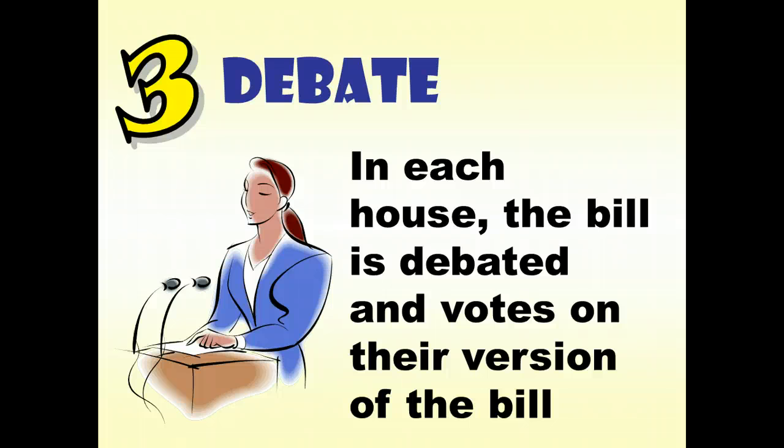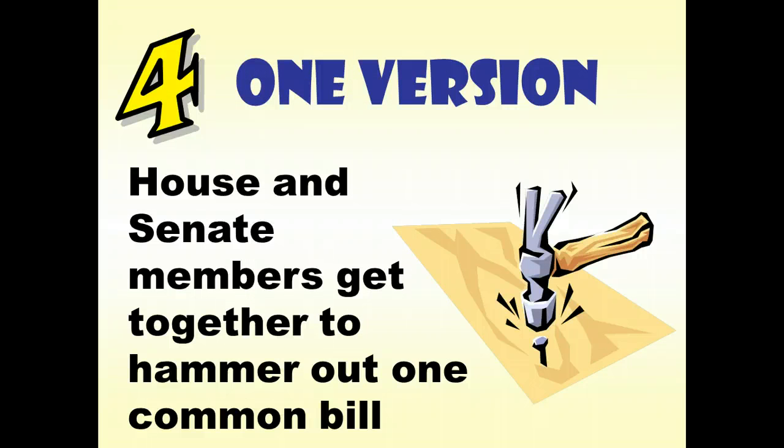Now, a lot of times when it goes through this process, there might be little changes made to it. So the original idea, by the time it gets passed in the House, may have had a lot of things added to it or a lot of things deleted from it. It's going through the same process in the other House. So while this bill is going through the House and the Senate, it's going to be tweaked and changed, and by the time it's eventually passed in the House and passed in the Senate, in many cases, the law looks completely different. And so you've got it where it's passed in both of them, but yet they're a little bit different.